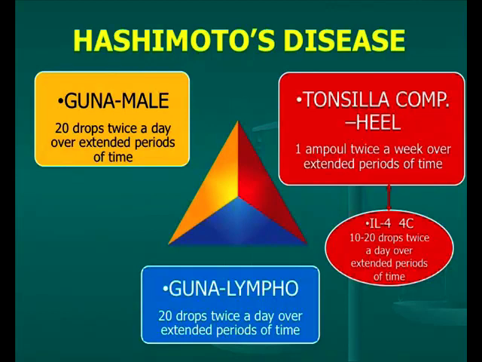Finally, what is the problem with Hashimoto's thyroiditis? It's that the thyroid tissue is generally destructed over time, and over the years the thyroid becomes atrophic and heads toward hypothyroidism. So interleukin-4/4C has a protective effect on the thyroid structures and therefore protects from a progression towards thyroid atrophy and from the need for replacement therapy with thyroid hormones.